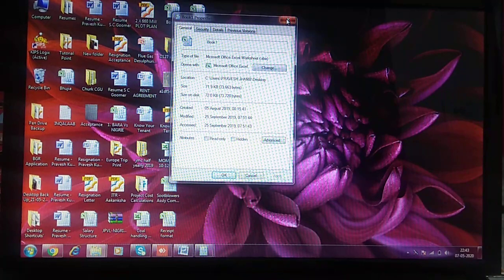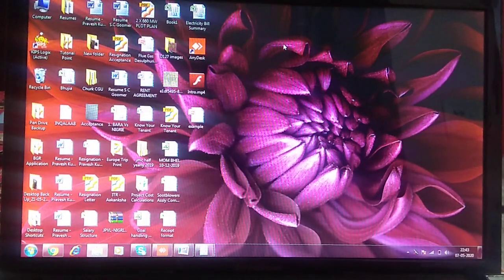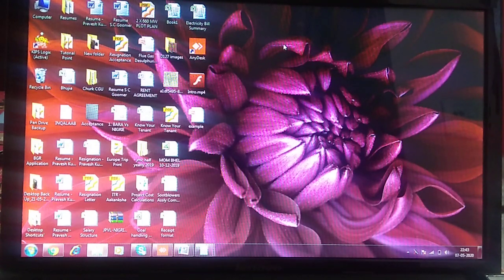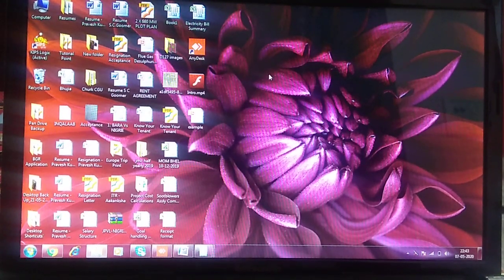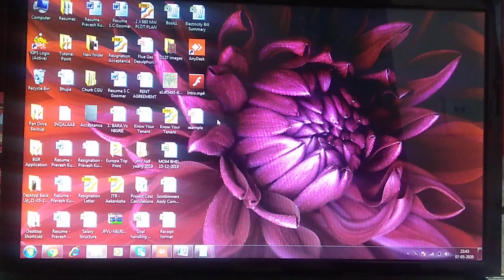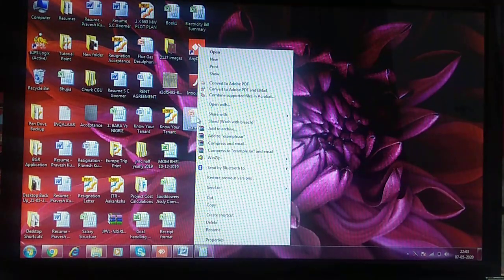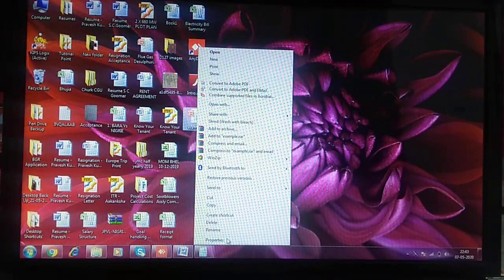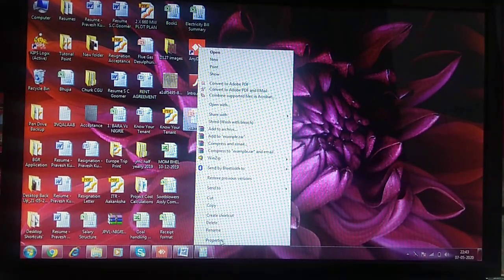So what is the file format? File format is the way to check which type of file it is, in which software your file has been created. That is called the extension, or file format. How do you check the file format? Select that file, then right click on it, and in the list you have the option Properties.